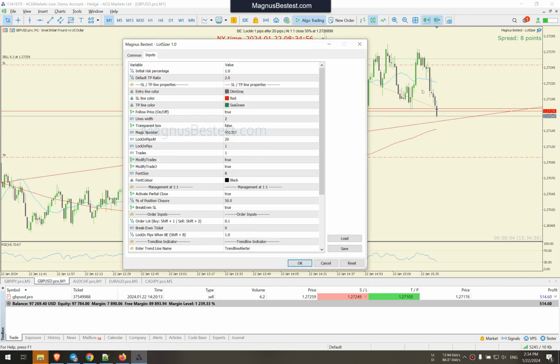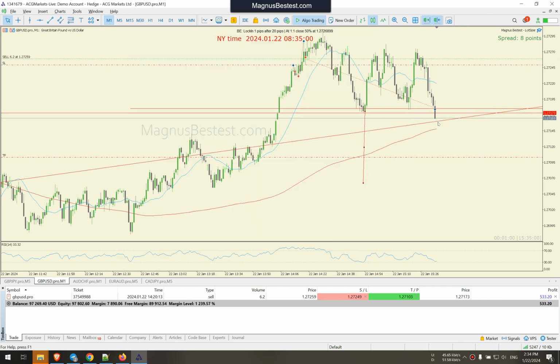So basically, you set it up over here, and wait, we are getting to our TP, so you cannot lose anymore. We secured a nice position already around $500, and now we are running